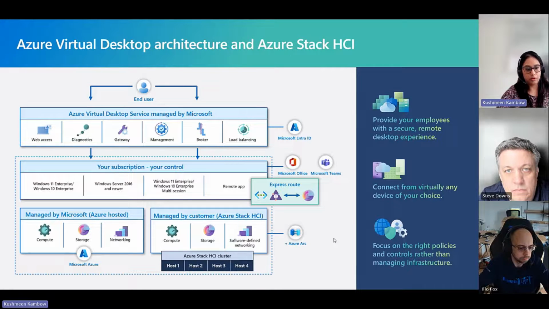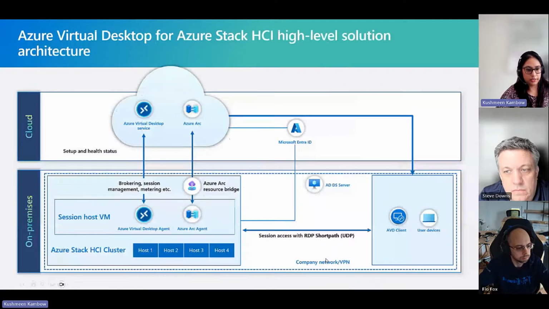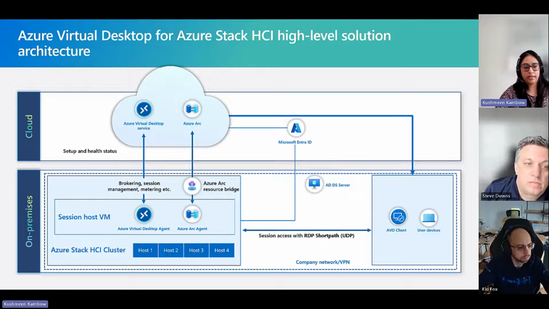And if I go to a different architecture diagram, what you'll see here is that there are two services in play that are working together to provide AVD on Stack HCI to the customers. So the first service is the AVD service, which is, as I said, still in Azure Cloud, right? Which takes care of your brokering, your session management, also your metering, right?